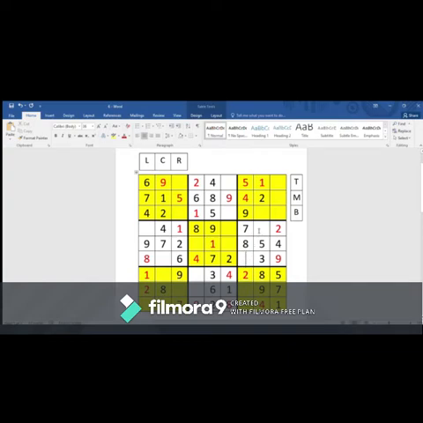No, 6 can sit only over there. Why is it so? Because we already have a 6 capturing over this column, so there is no chance of making it sit over here. So the only place where it can sit is over here, and we can make a 6 sit over there. I hope you understood it. Let me repeat it once again for you.